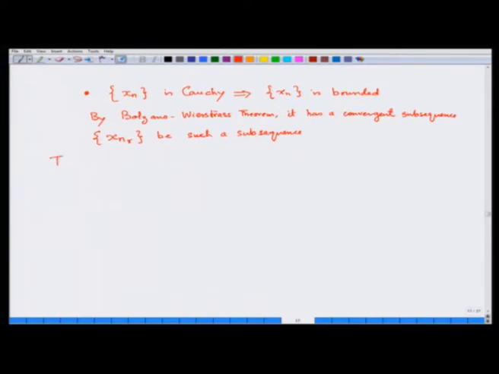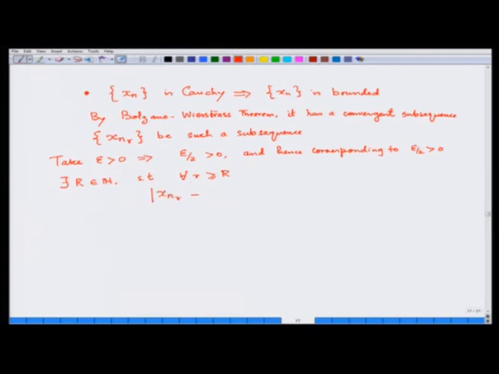Take epsilon greater than 0, so epsilon by 2 is greater than 0, and hence corresponding to epsilon by 2 greater than 0, there would exist R an element of N such that for all r bigger than or equal to R, you would have